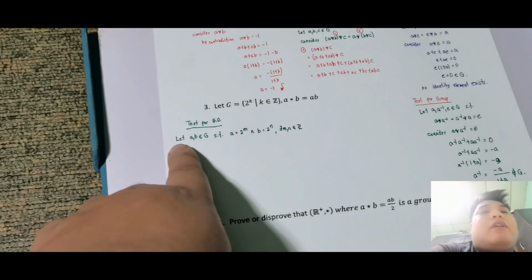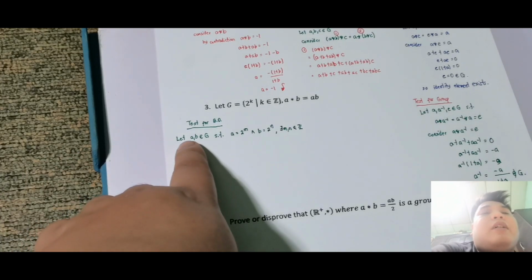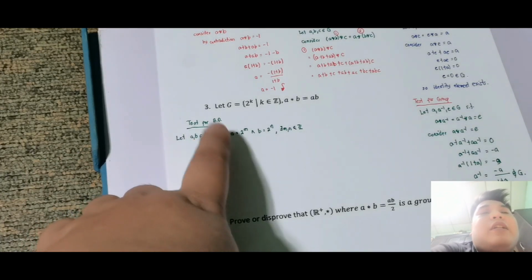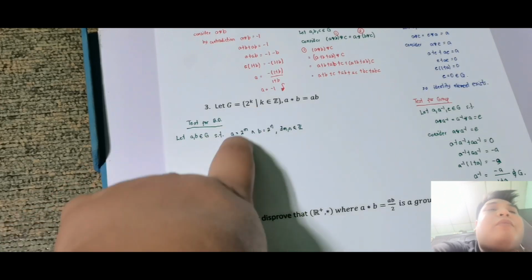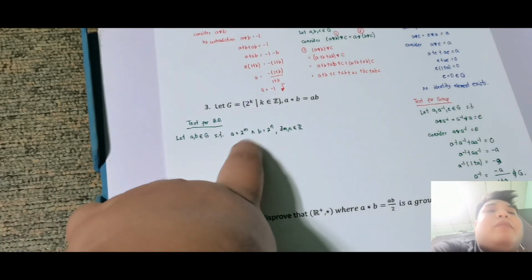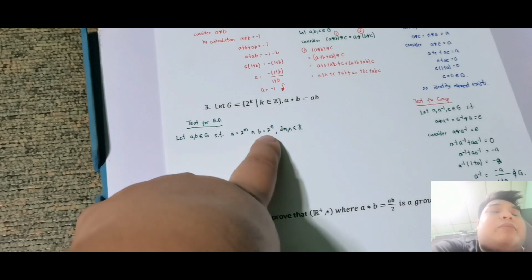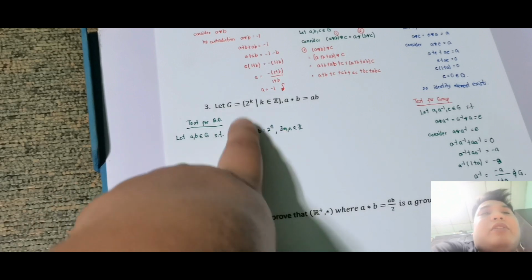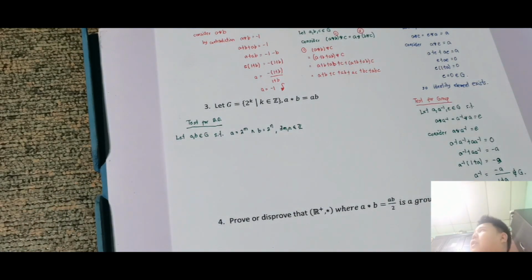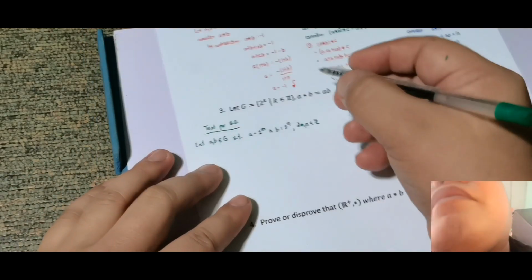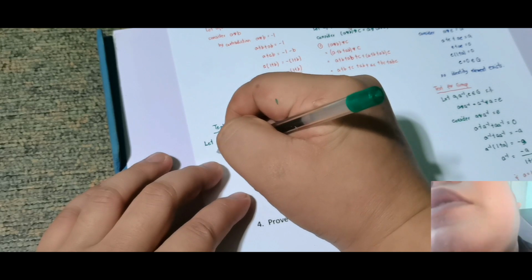Okay, so kumaga nagkaroon na ako ng setting na let A and B element of G. So anong klaseng A and B yan? Since G is ganun yung form, yung A is equal to 2 raised to M, B is equal to 2 raised to N, for some M and N element ng integers. So pasok tayo dyan sa condition. So alam na natin na yung ating mga element na kinuha is ganun. Okay, now consider natin. So let us consider,